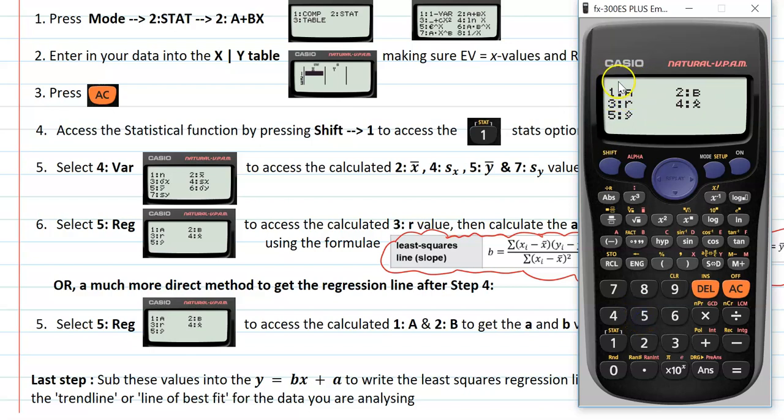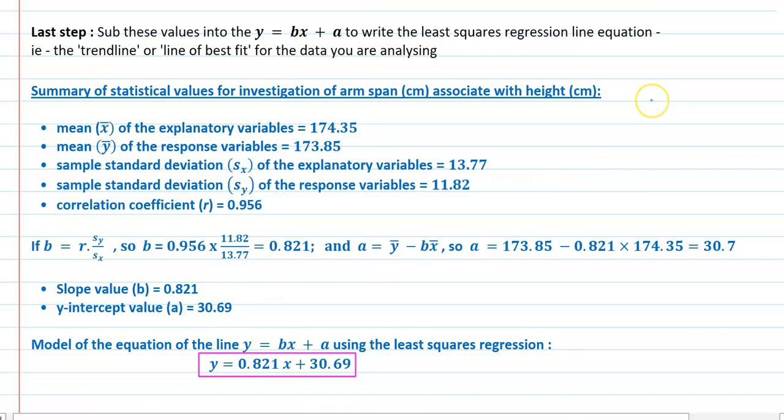So option 1 will give us our A value for our y-intercept. Option 2 will give us our slope value. So if I have a look at those, there's our y-intercept. And there's our slope value. Like good little mathematicians, we would then document all of those values.